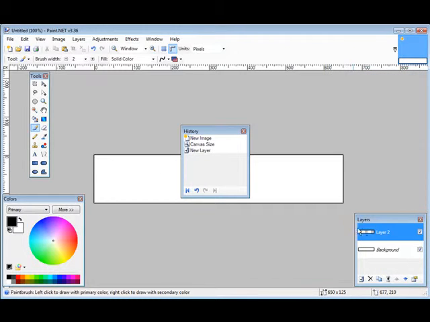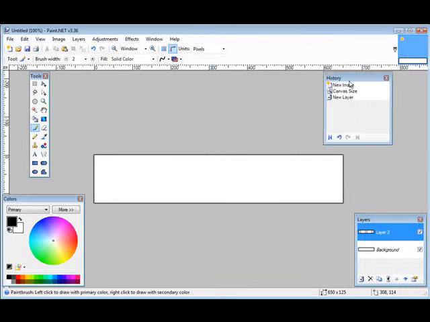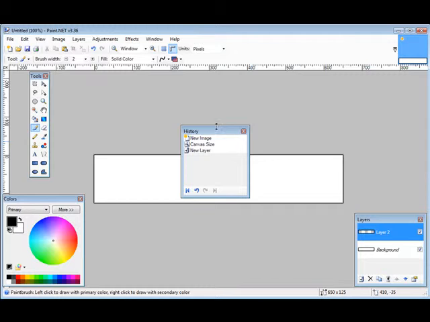on the block over here. It says layer 2, and we have a little box that pops up here. So a new image, new canvas size, a new layer. This is our history box. So let's put that back. Not sure why it's doing that. Okay, so what we can do here is we can go ahead and use some of the tools on the